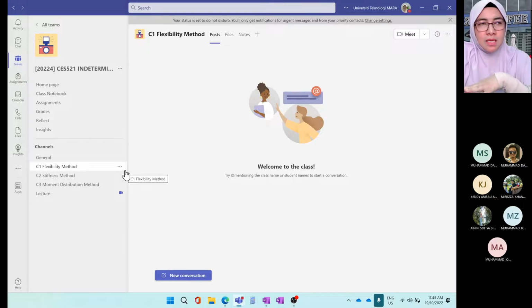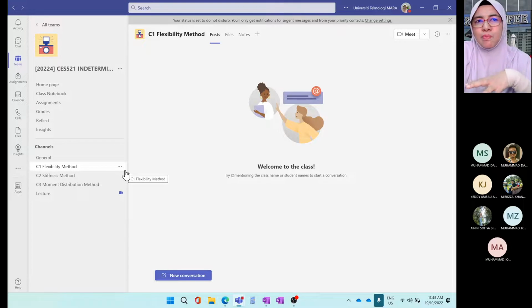Jadi kalau you think that you have problem in analyzing determinate structures, whether it is reaction calculation or internal forces calculation, writing moment equation, calculate member forces using method of joint, or if you think that you still need to enhance your understanding in determining deflection, displacement using unit load method or principle of virtual work.